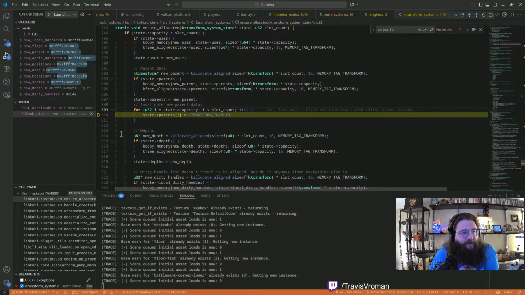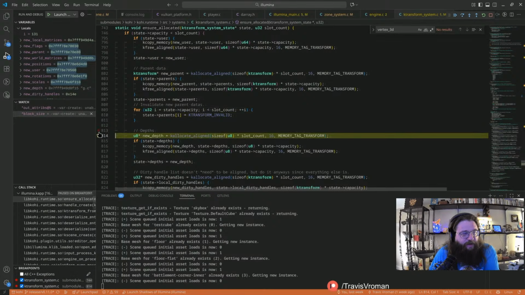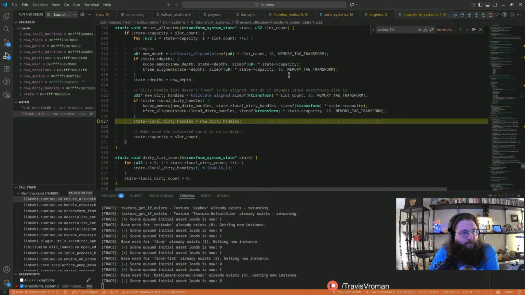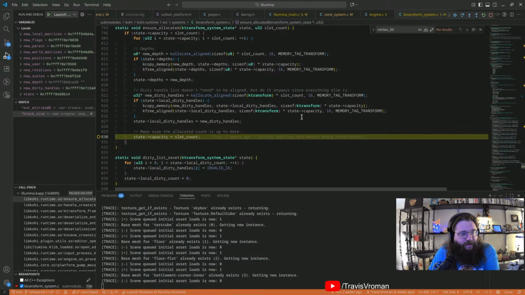So we're invalidating all the parent indices. I'm going to skip past that real quick. Okay. And then, let's see. The dirty handles list is there. And then the capacity is updated to the slot count.